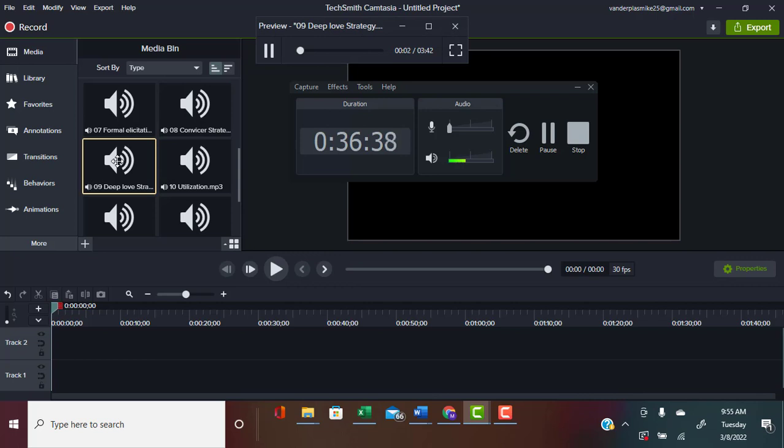Oh, yes, and one more thing. When you elicit the deep love strategy, let's look at page 66. The deep love strategy works like this. It's one exception to the strategy elicitation series that we've got. And so we're going to say to the client, how do you know someone else loves you?